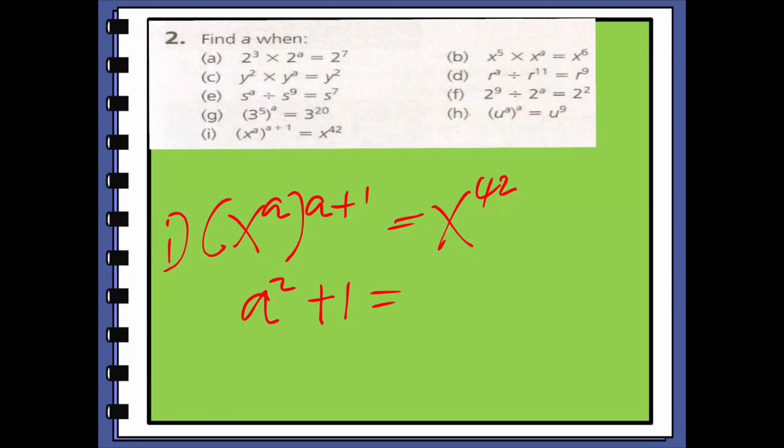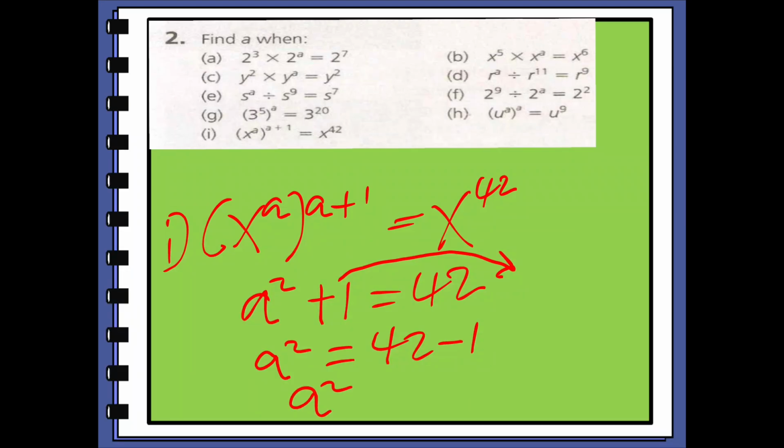Then equals the power on the other side is 42. All right, so we are first going to move this plus 1 to this side, so we shall have a squared equals 42 minus 1. Then it will become a squared equals